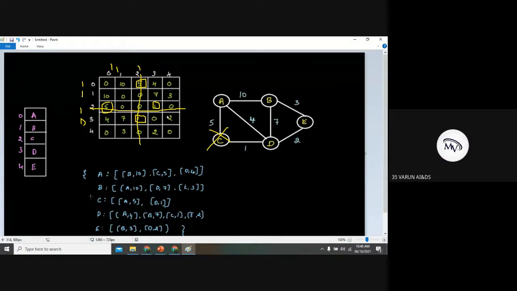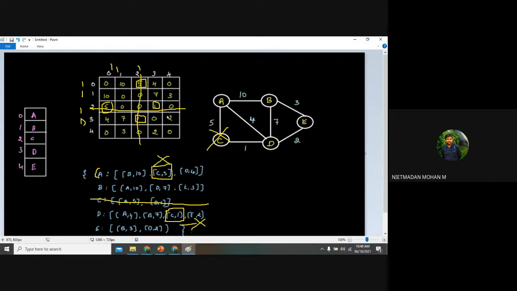The C vertices will be deleted first. That is the first thing. The C vertices will be deleted first. And after that, it will look whether the C vertices having any adjacent node or not. Yes, it is having an adjacent node of A and D, right? So it will check the A keyword first, and in the A keyword, the C will be here, so it will be deleting this C vertices here, and in the D keyword, we having a C vertices here, so it will be deleting this vertices here. It will be deleted, and this also will be deleted, right?